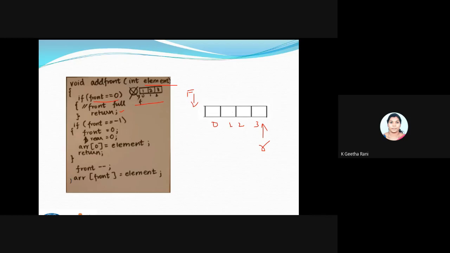So automatically I will say the queue is empty, so I'm going to add the first value inside this queue. So I have to change the front value as well as the rear value. Okay, if it's going to be -1, automatically we can say that the queue is empty. Okay, now I'm trying to add the element, so using this array of 0 equal to element and I'm just returning it.